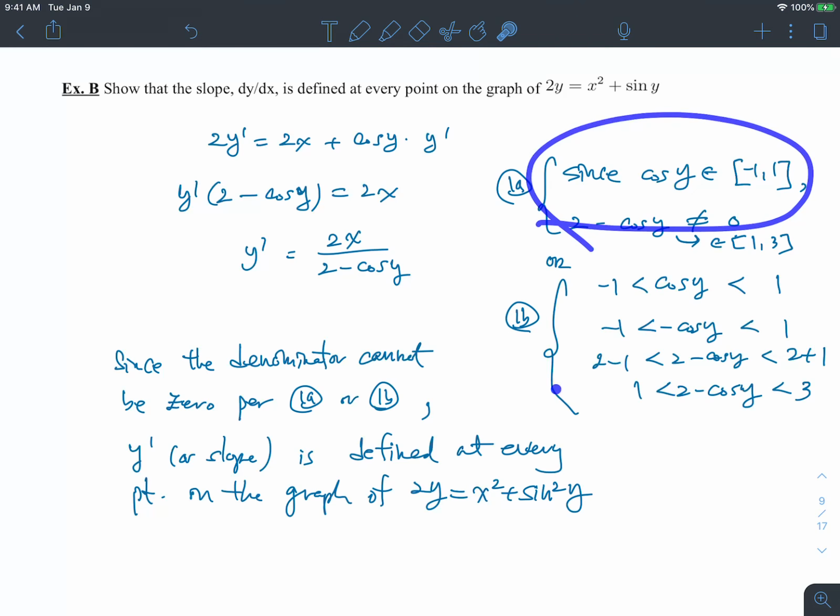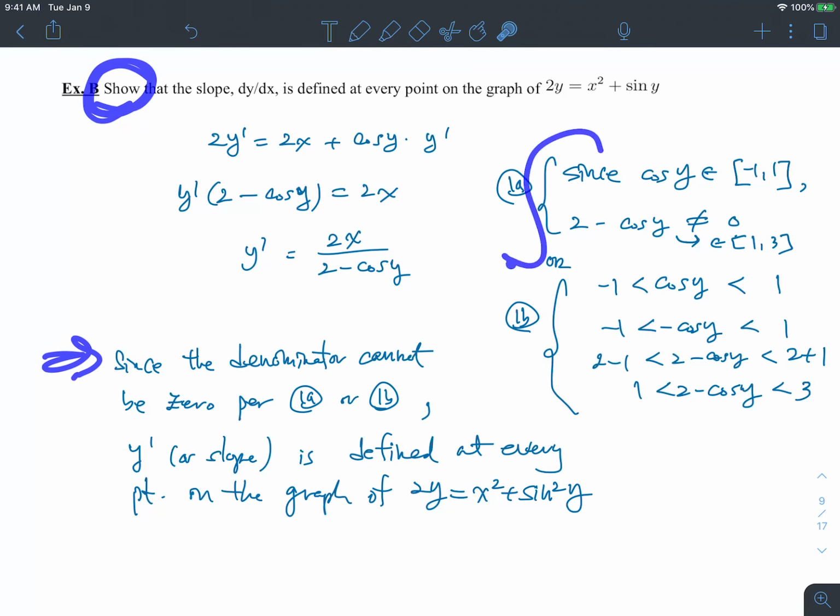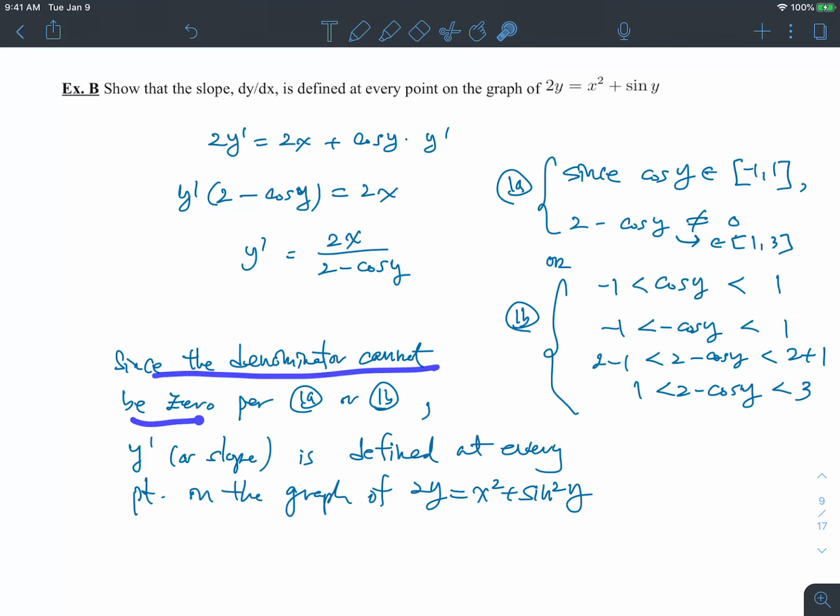So this is really, really important. Now the conclusion. When you try to show something, you literally have to show what you're thinking, right? You have to show and justify your position. So since the denominator cannot be 0 per either one, because, and you would just fill this in, right? So y prime, or slope, is defined at every point on the graph of 2y equals x squared plus sine squared